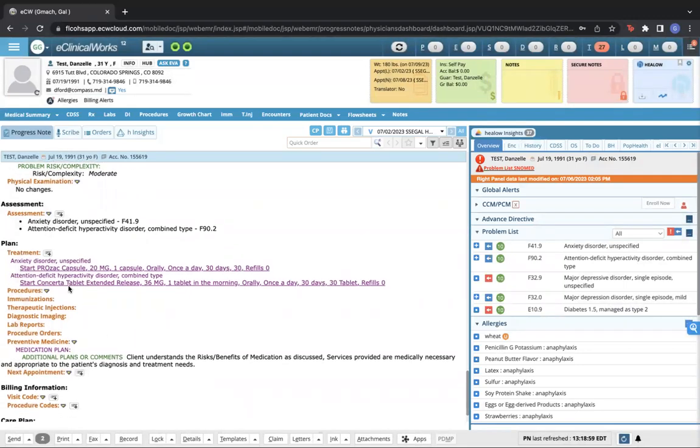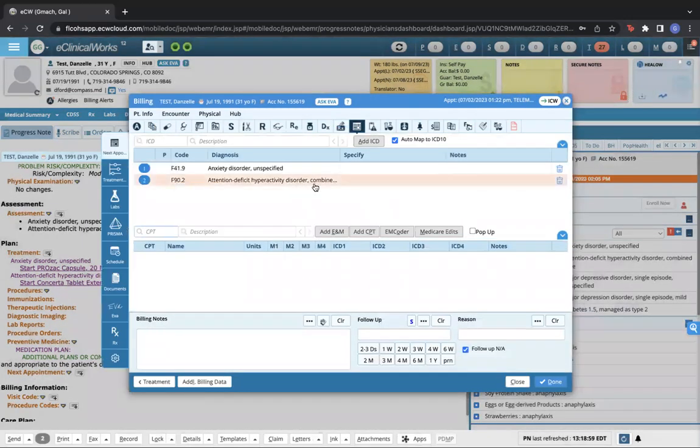We always want to see our patient every 4 weeks, so we see them every single month. So what we do is we click on next appointment right over here, right? We want to make sure that at the bottom where it says follow-up, we click on 4 weeks. And then after we do that, we have to add a visit code. We traditionally use codes from 3 to 5, so